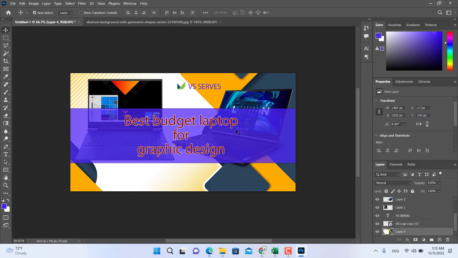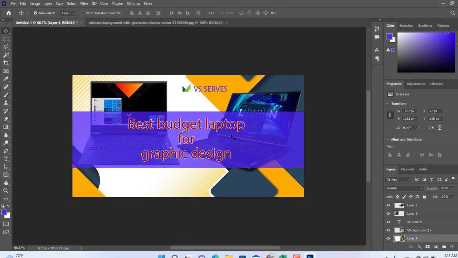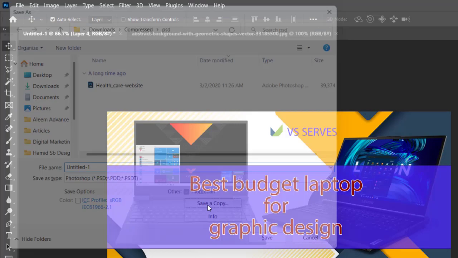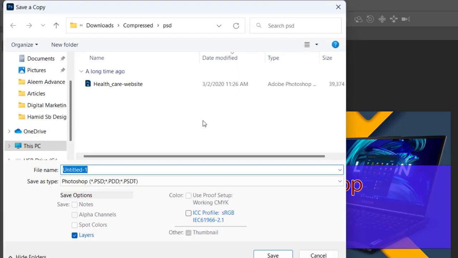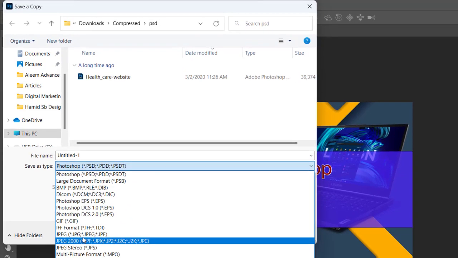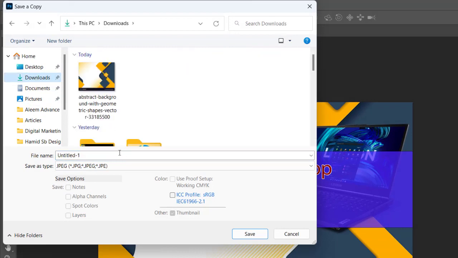It can reduce the load of my design. Okay, then save it, because I want to create a JPG file here. Okay,